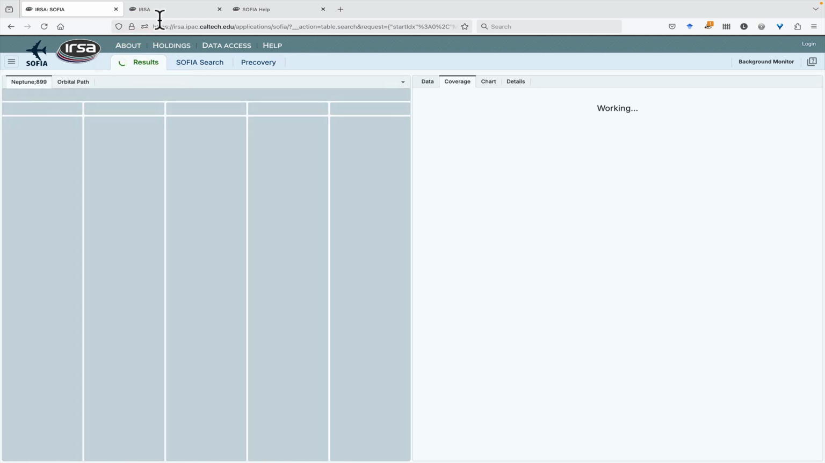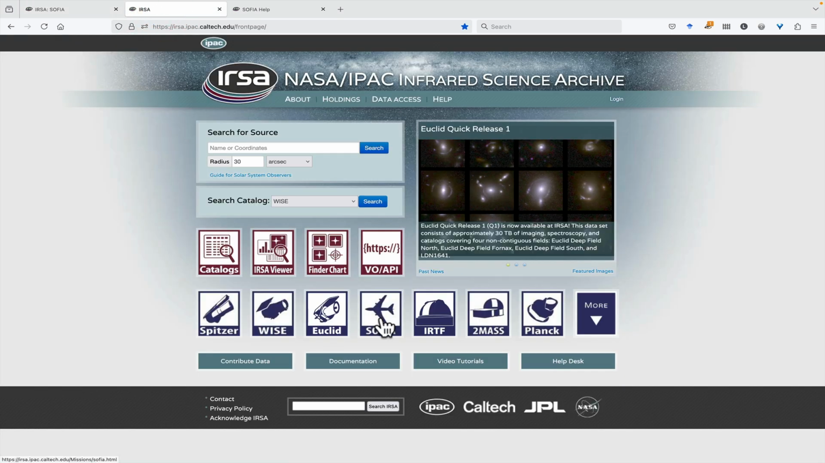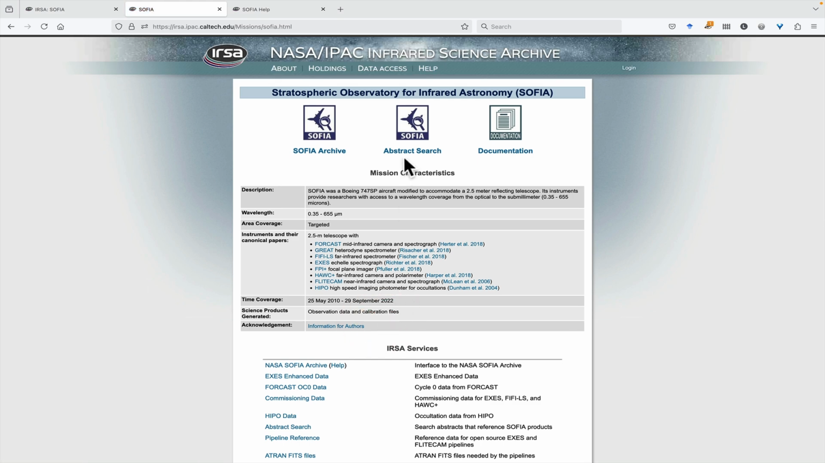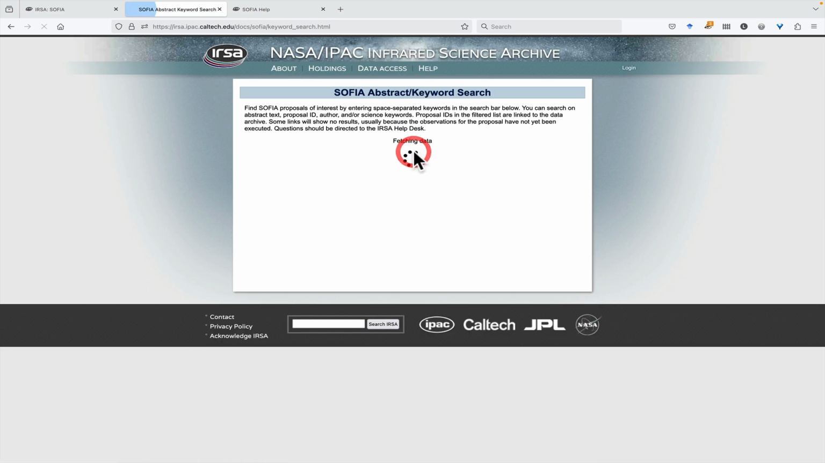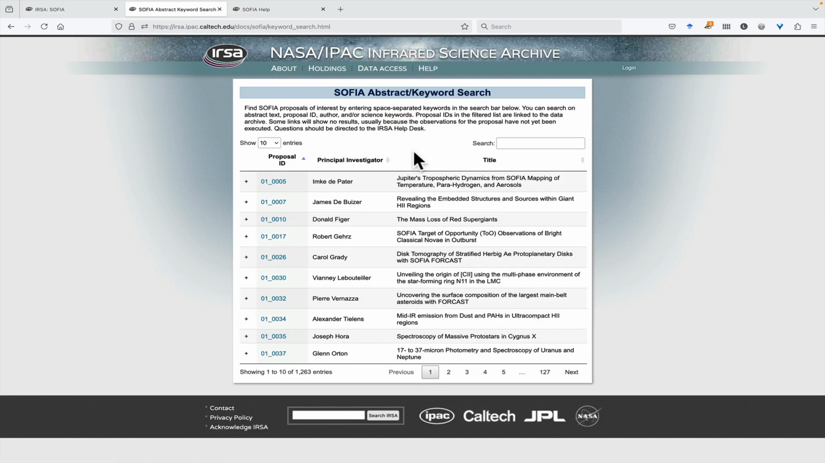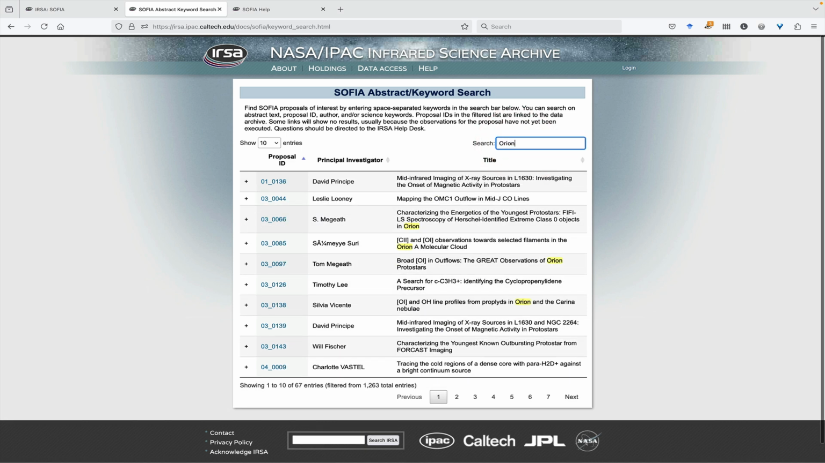While that's continuing to search, I'm going to go over to the IRSA homepage and go to the SOFIA mission page. There's also an abstract search here. So you can use this to search through all of the abstracts that were submitted to SOFIA. So if you're interested in Orion, you can search on Orion,